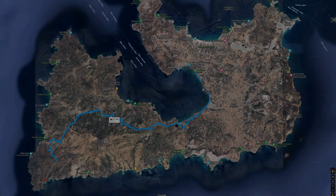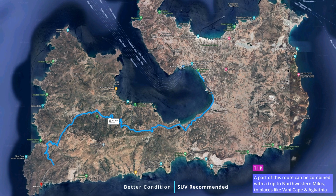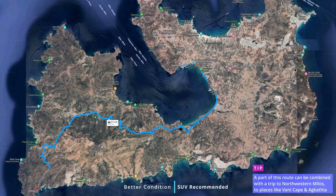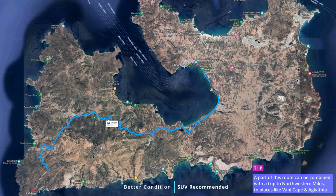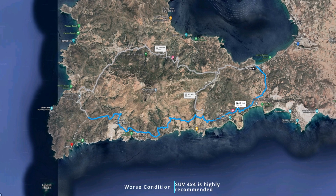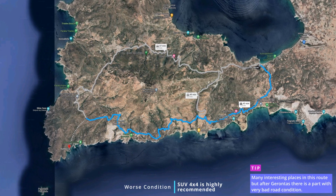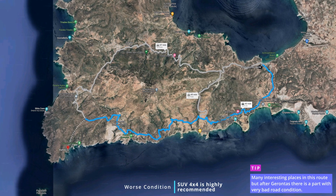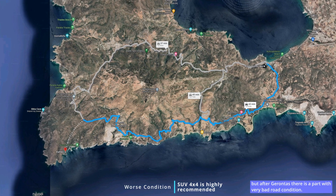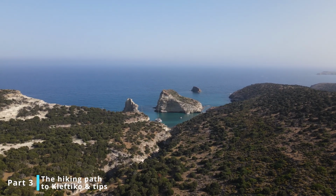In order to summarize, option 1, the northern route, is in better condition, so it can be easier for people who don't have a quad bike or a 4x4 SUV. But again, these are the vehicles that are recommended because we are talking about a dirt road. The second option, the southern route, has many interesting places, but it is in worse condition, especially outside of Xylokeratia. A 4x4 SUV or a quad bike are must-have vehicles if you don't wish to risk